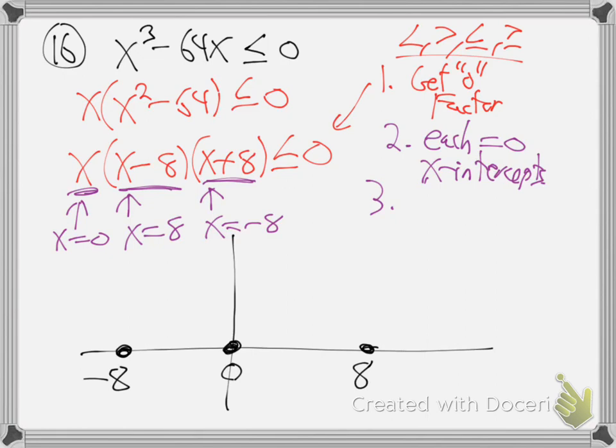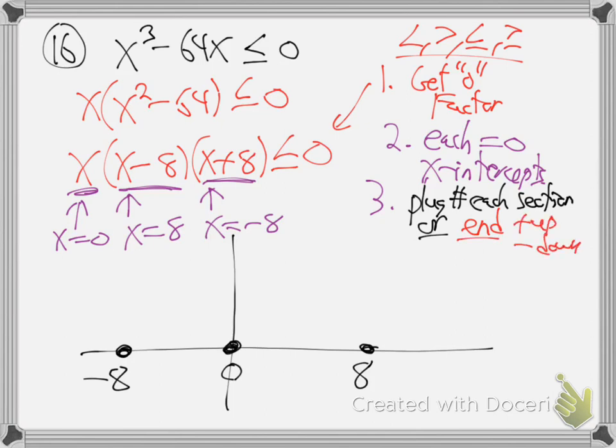And so now we just need to get a basic graph. Where's the function above? Where's the function below? So now there's two ways you can do this. You can plug a number in each section like we did on the last one, or for these kind that don't have vertical asymptotes, not fractions, you can do something easier. You can just find the end behavior, positive up, negative down, by the